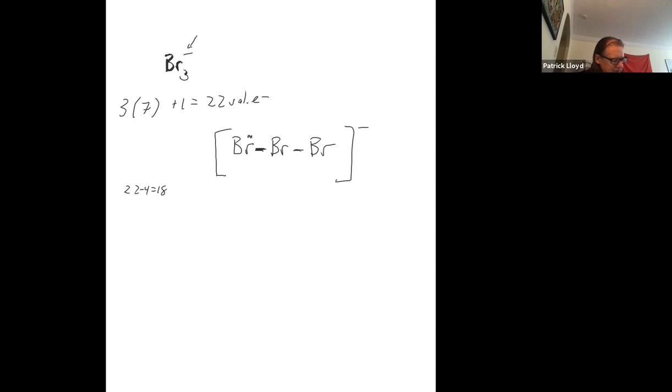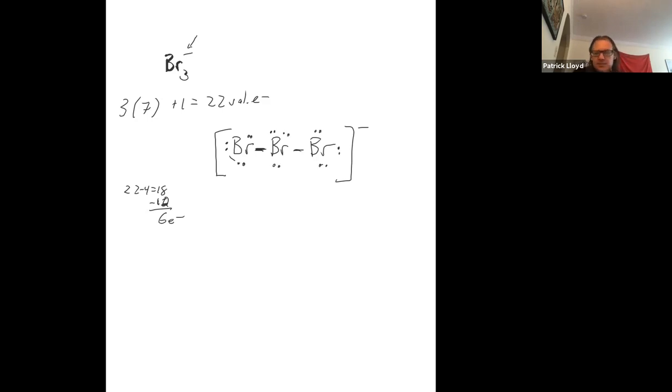Put them on the surrounding atoms till they're up to 8. Remember, surrounding atoms will never go beyond 8. So I've just done 16. I'm going to put another 2 here. Okay, so minus 12. Okay, so let me come back here. I've done the surrounding atoms, but I just added another 12. So that's still got 6 left over. So you have to put them on the central atom,